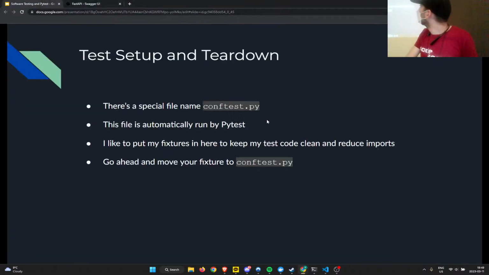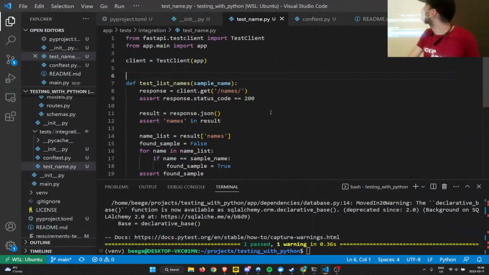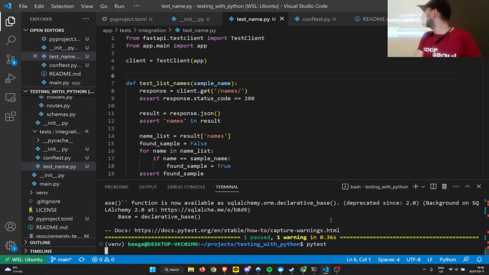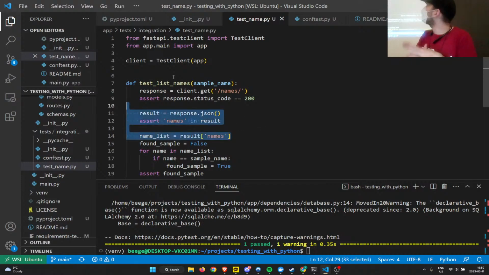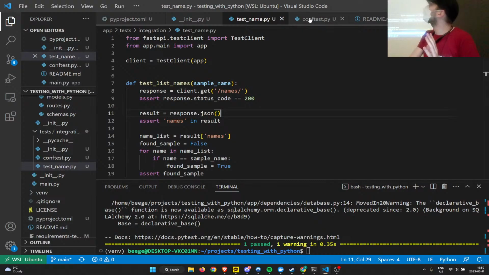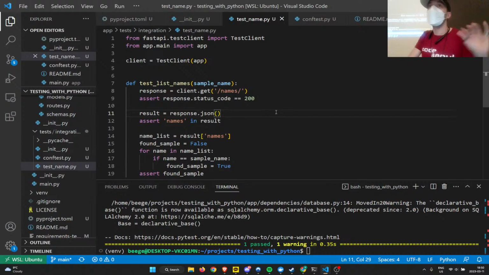Where's my presentation? Okay. So we moved that into conftest.py. And then, why is it... Oh, that's why. Okay. And then if we run it, we should see no change, right? It's just a refactor. So everything's cool. Now you'll notice this is not importing that fixture stuff at all. Pytest automatically detected this conftest.py file, automatically imports it, automatically runs it, and then whatever's in there is available to our tests. Okay? So far so good? Cool. Getting real tight on time.